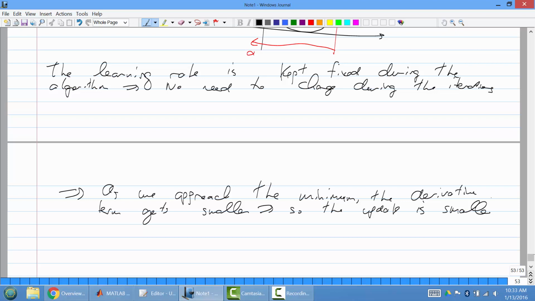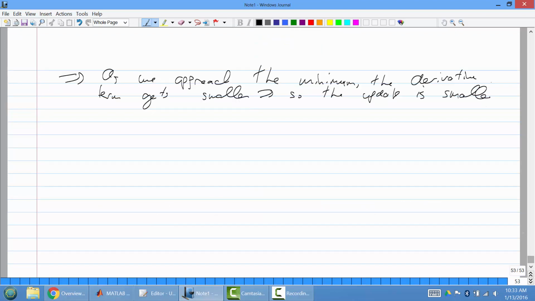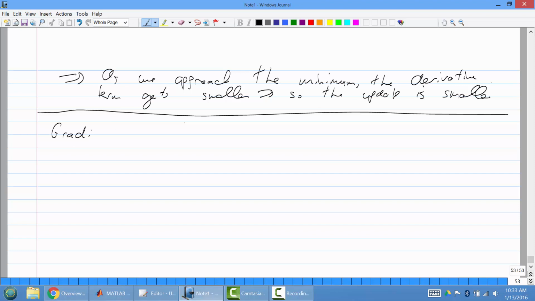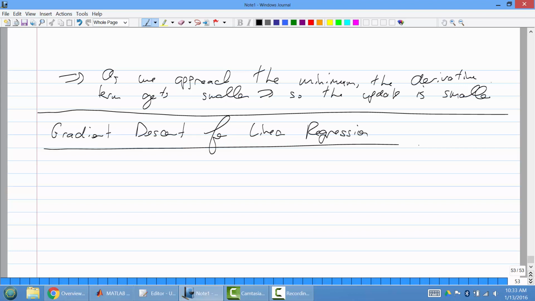Okay? So finally, that's a nice intuition. So let's put everything together. How can we use this algorithm to figure out the best parameters to fit the line? Okay? So let's put everything together. So here we go. Gradient descent for linear regression. So this is the algorithm, okay? The first thing we need to do is figure out how exactly we need to compute the